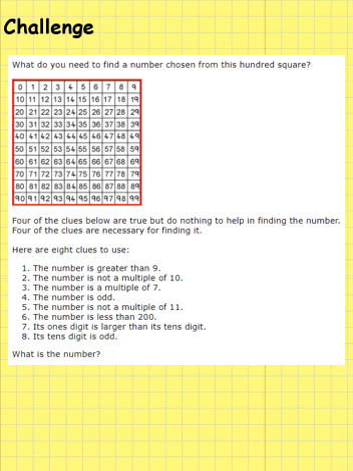First one, the number is greater than 9. The second one, the number is not a multiple of 10. The number is a multiple of 7. The number is odd. The number is not a multiple of 11. The number is less than 200. Its ones digit is larger than its tens digit. And lastly, its tens digit is odd. What is the number? And it is possible, because I do have an answer, and I will share that with